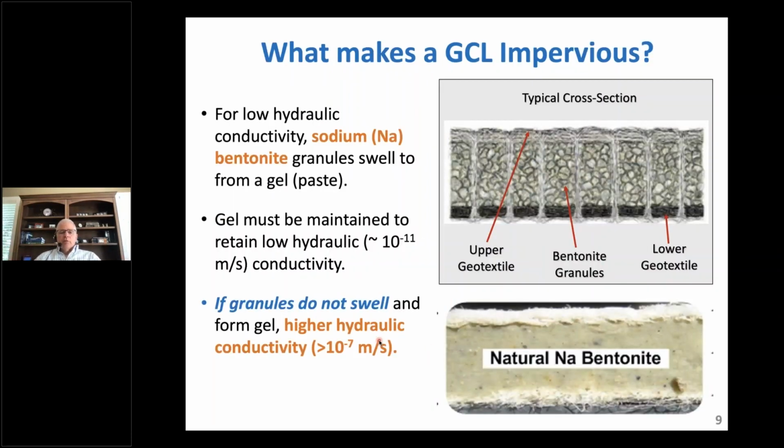So those principles are important. We'll come back to those as we talk through this. Let's talk about the chemical environment a little bit more. If you've been on some of these other webinars, you've seen some of these slides, and I always present them because, from my perspective, this is the most important information to understand to be able to engineer with GCLs properly. How do we take a GCL, which is two geosynthetic materials containing a particulate bentonite in between, bonded together